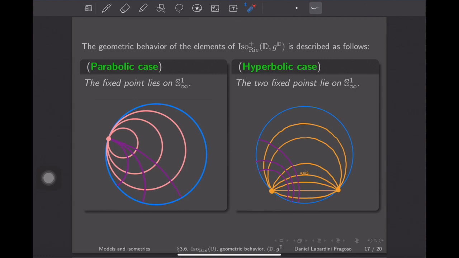So you see here, it seems as if counterclockwise corresponds to horizontal translation. But anyway,